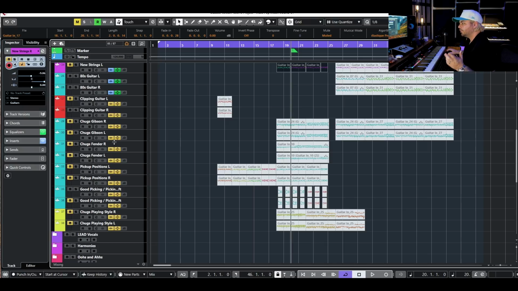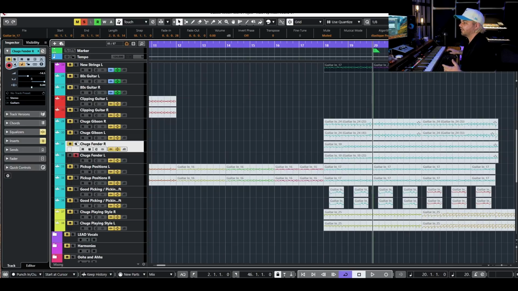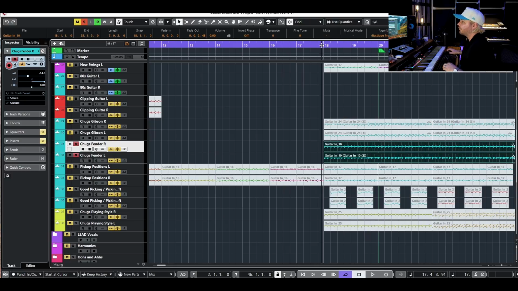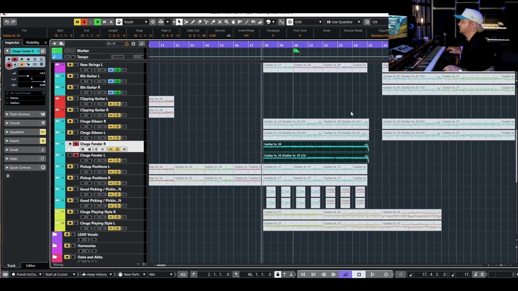So let me show you just a pretty pronounced difference of how these different pickups sound, and I'm going to show you with some guitar chugs. So this is something that I would actually probably use the Les Paul for because it kind of lends itself better to that. Here's what it sounds like on the Fender,